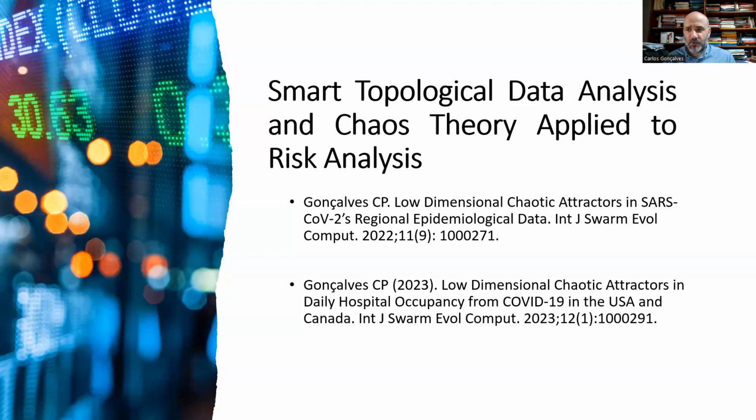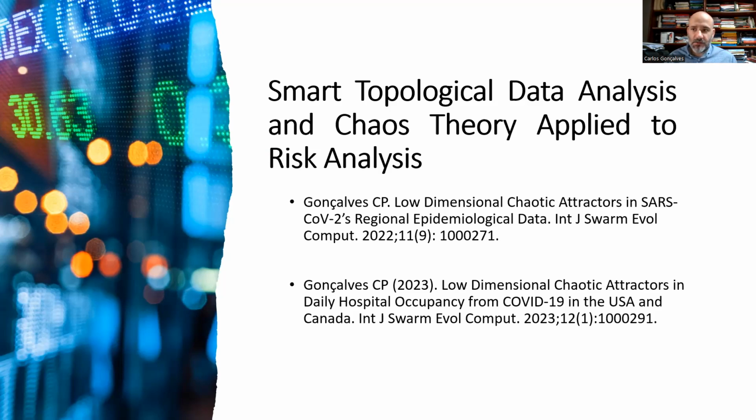So smart topological data analysis, I applied it to SARS-CoV-2's epidemiological data and found that there are low dimensional chaotic attractors in SARS-CoV-2's regional epidemiological data for different regions. This was tested for all the major world regions, and the methods of smart topological data analysis were applied here, not only for addressing the patterns and the structure of these chaotic attractors, but also in the case of Oceania, where a